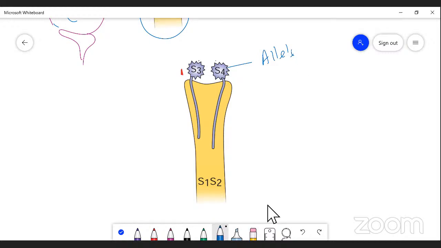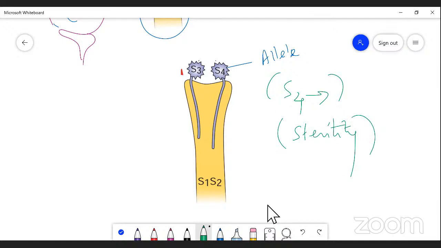The name of the allele is S4. It is able to cause self-sterility. My dear student, S4 is a name. It is an allele. It is able to cause self-sterility. Hence, this is a self-sterility. So this self-sterility is designated by the letter S, S4. Now S4, when S4 is lying on the stigmatic region,